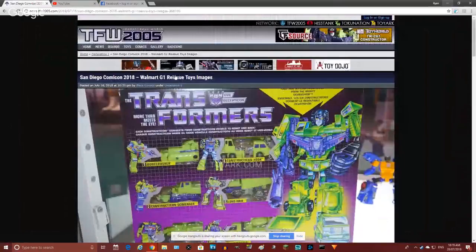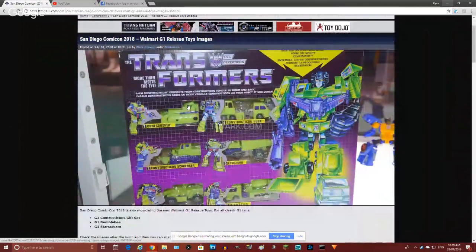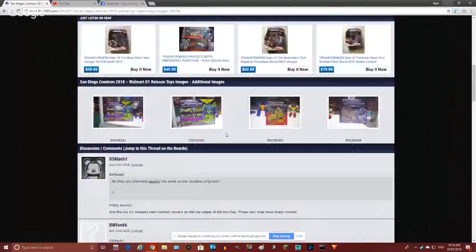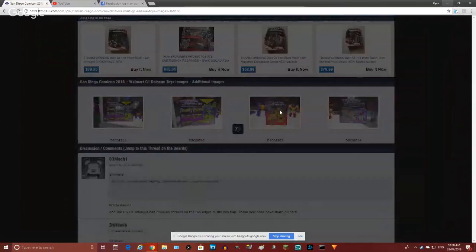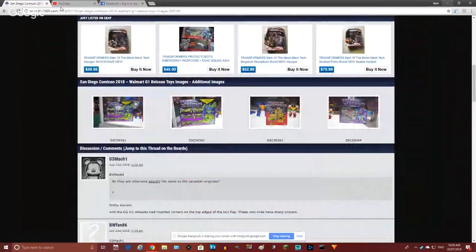Sorry, that voice. But we have some Walmart G1 reissues of Generation 1 figures, including Devastator here. We also have Bumblebee. And also, I know we have Brawn as well, and a couple of the other minibots. But I hope these hit Australian stores. I want to get some more Generation 1 figures. Because at the moment, I have Generation 1 Soundwave, the reissue version, and I also have the